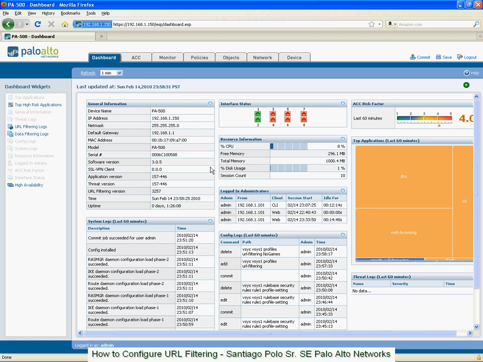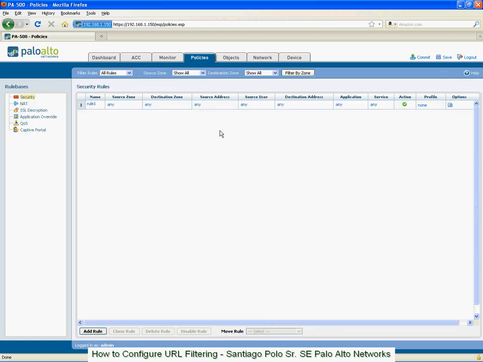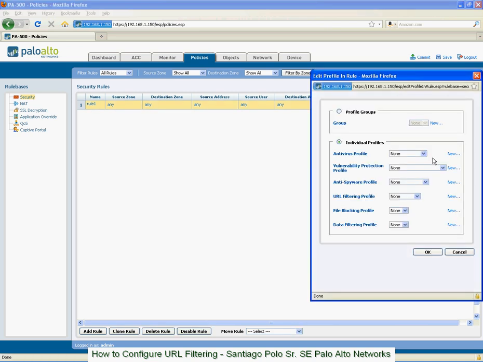So when you first log in, you'll come to your dashboard, and then you should click on the Policies tab. The URL filtering is applied by policy. In this case, I only have one policy created. So I'm going to go ahead and edit this by clicking here in the profile column. In the profile column, we don't have any profiles created. So I'm going to go ahead and click on None, and then we'll see the individual profiles that we want